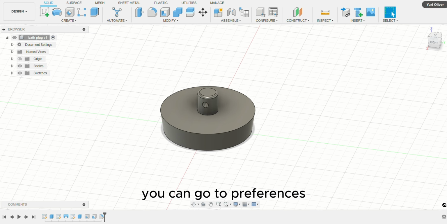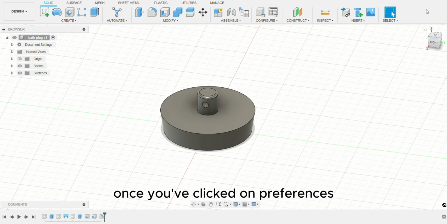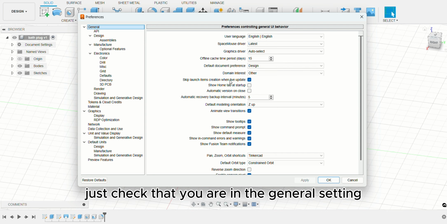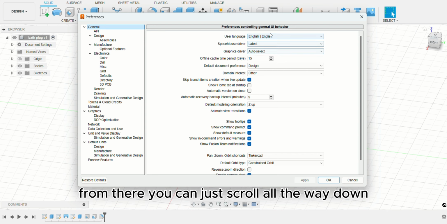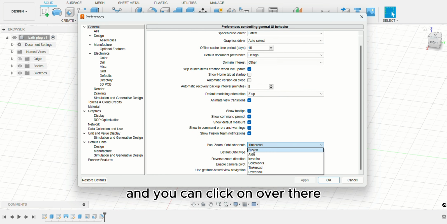You can go to preferences. Once you've clicked on preferences, the pop-up menu will be displayed. And in the left top, just check that you are in the general setting. From there, you can just scroll all the way down and you can click on over there, and yours will